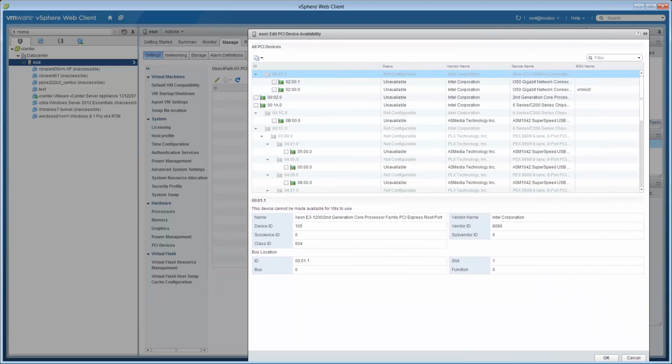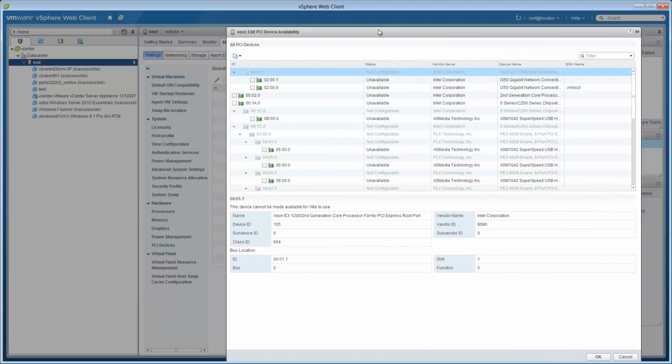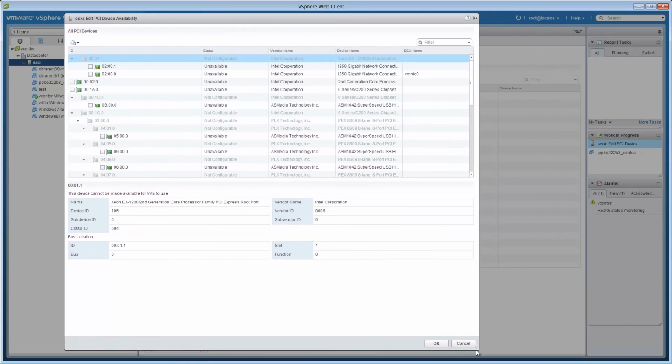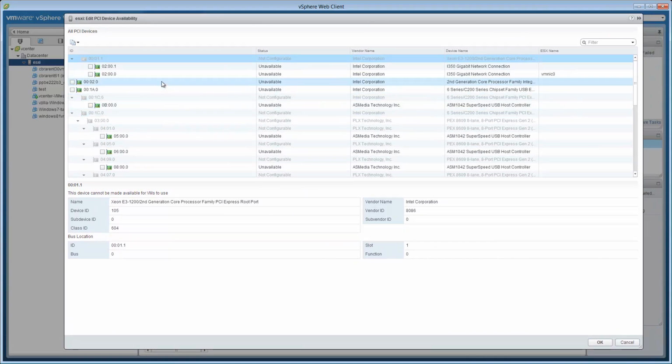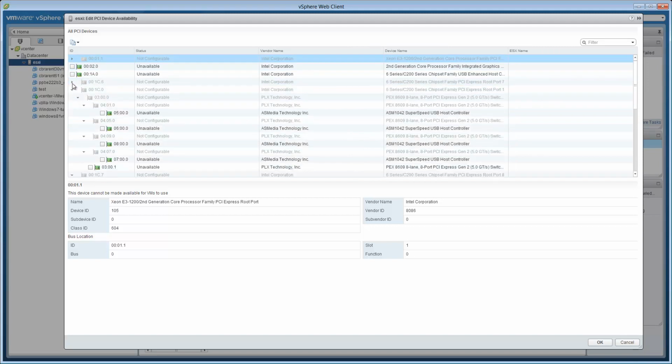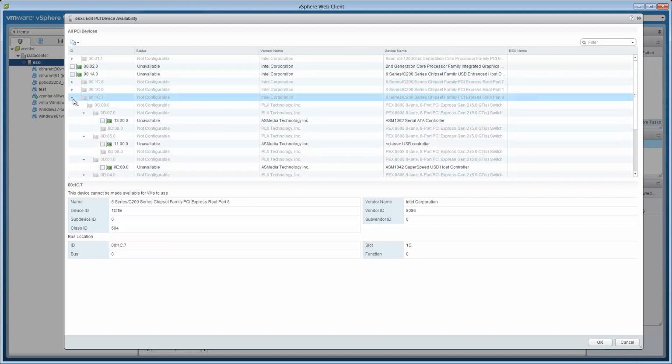Let's get this as big as possible. I want you to see what's going on in here. All right, we've got a lot of information about the devices, and it can be a little tricky to spot what's what. Let's see how we do. Let's collapse these sections a little bit. Okay, so if we scroll down,